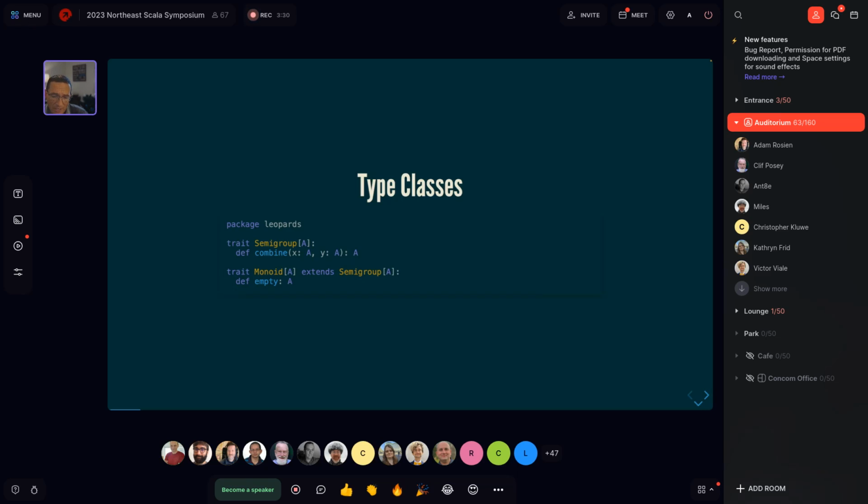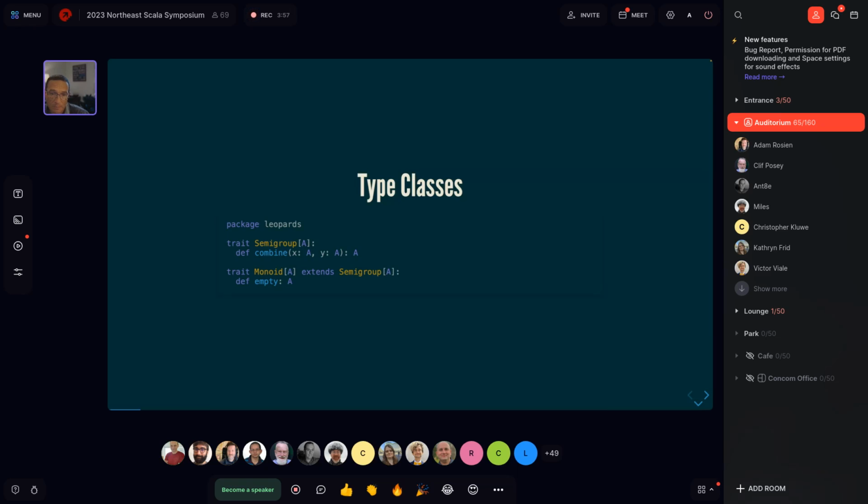So I wanted to start by looking at how we will represent type classes in Scala 3. I'm not going to talk about type class laws and the key ideas behind each of these type classes. I rather want to look at how we encode these concepts. So if you're familiar with these, or if you're not familiar with these, bear with me. This is more about the syntax and the encoding than it is the actual type classes themselves.